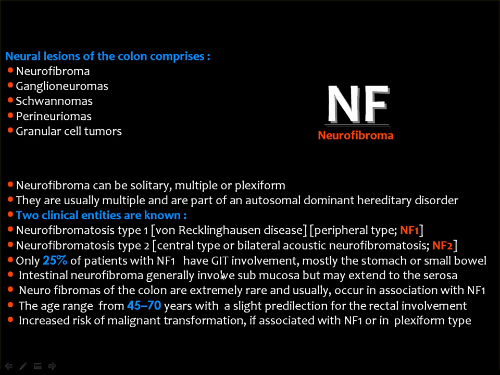Intestinal neurofibroma involves the submucosa and may extend to the serosa, while neurofibromas of the colon are extremely rare, and they occur in association with neurofibromatosis type 1, and this is the age incidence. And you know that the risk of malignancy is increased in the presence of neurofibromatosis type 1 or in the